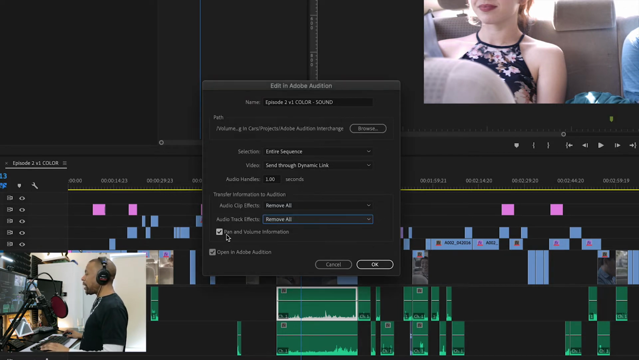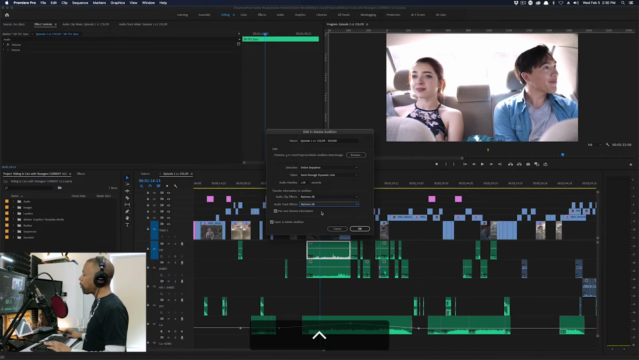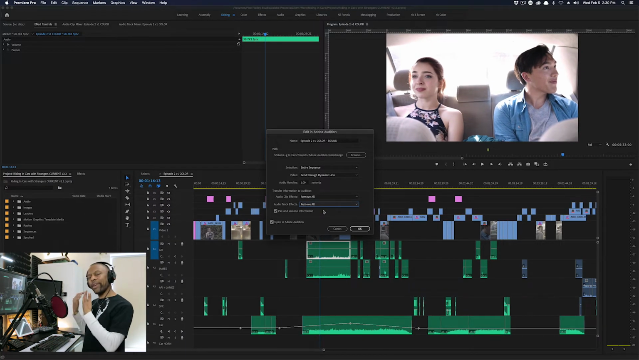And pan and volume information means if you set any keyframes in the volume in Premiere, it will respect that and bring it into Audition. So Audition will keep the same keyframes of volume or panning and stuff like that. And that's about it. So for me, I'm going to say remove all